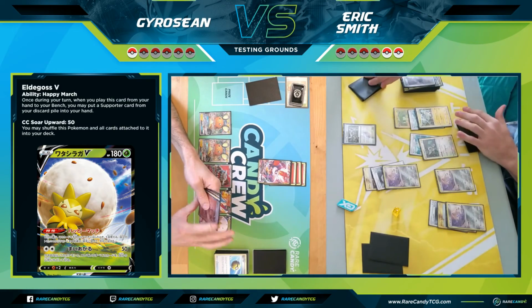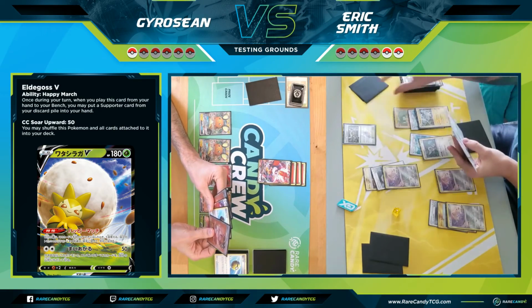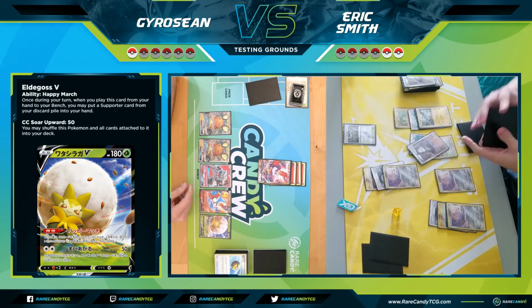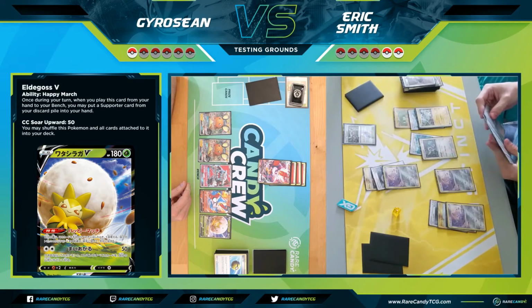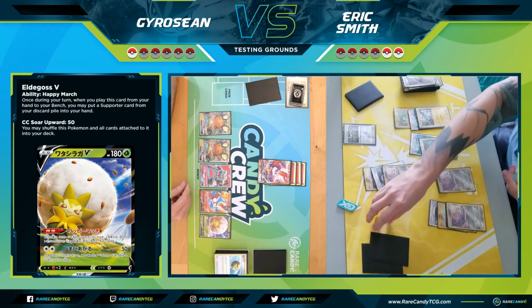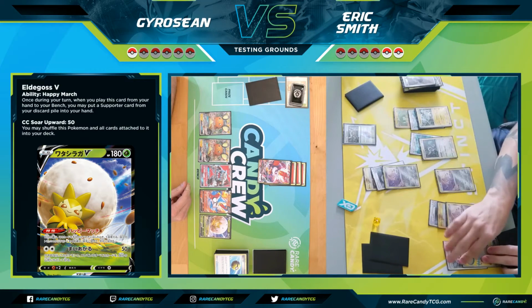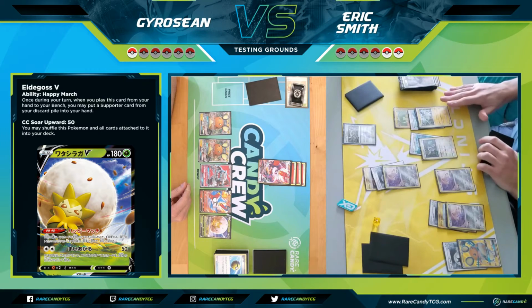And I'm definitely going to need some damage modifiers here. Let's see what I can get. Unfortunately, that is not a damage modifier. So that is definitely a bit rough here. So here I have the Dedenne GX. Yeah, and I whiffed what I needed to...